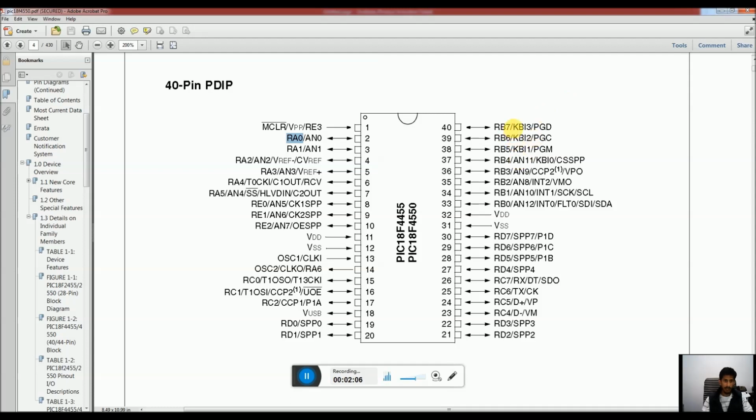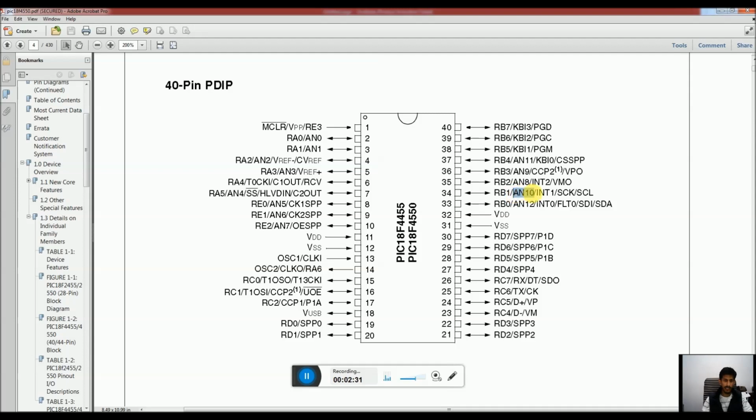But there are some other functions also mentioned in the pin diagram. For example, if we look at pin number 34, that is RB1. One function of this pin is to be associated with port B, pin 1, which can be used as a digital input-output port.